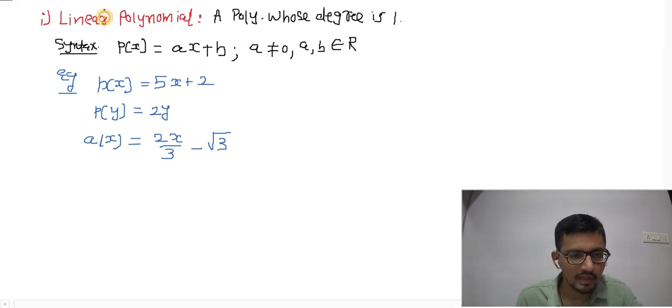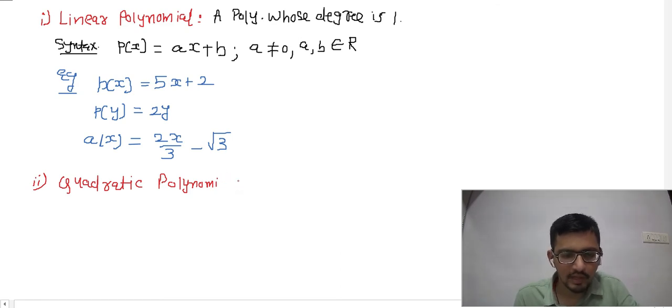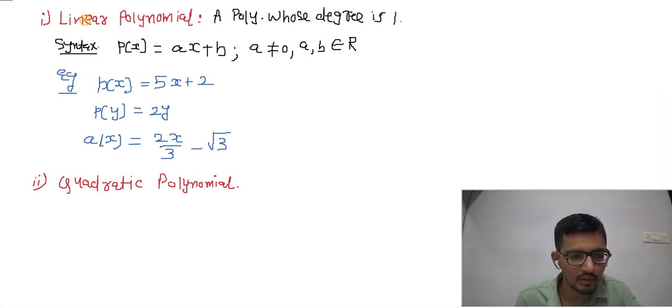Now based on degree, type 2, number 2, which is what, coming quadratic polynomial. In this chapter we will study very deeply about quadratic polynomial, but however these all types also we should know. The next one is quadratic polynomial. The quadratic polynomial we can understand from the name. A polynomial whose degree is 2. Quadratic polynomial means a polynomial whose degree will be 2 is called a quadratic